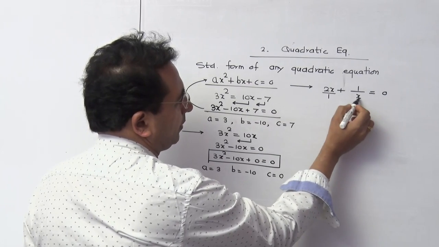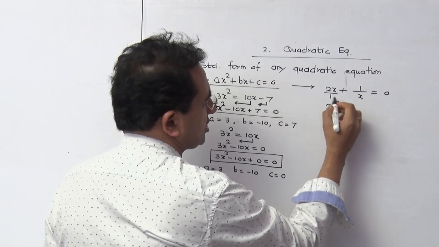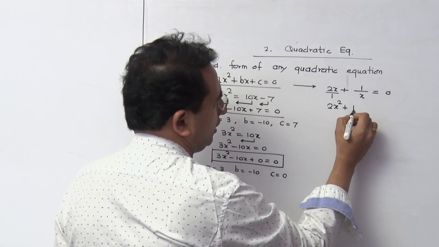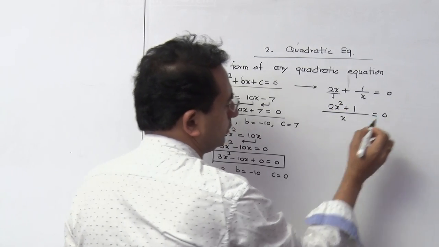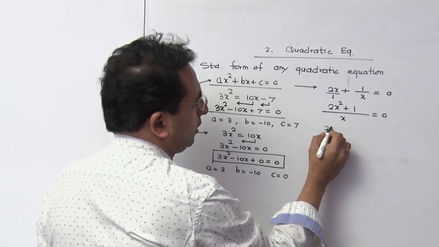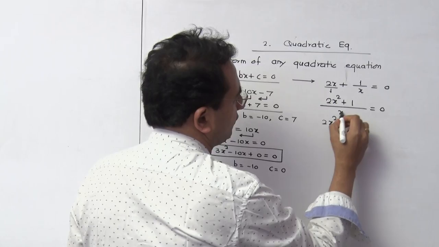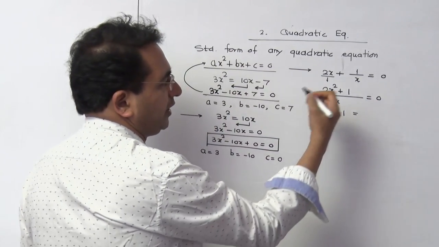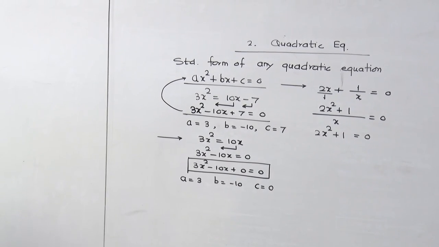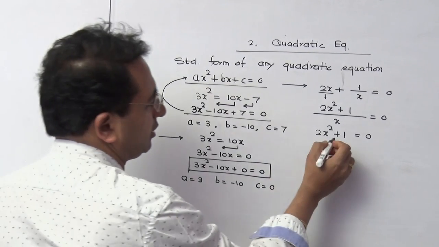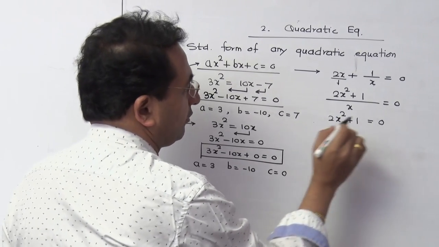So when you cross multiply, it is going to become 2x square plus this is 1 multiplied by this one upon the product of these two, that is equal to 0. So equation becomes 2x square plus 1 is equal to x. If you transfer here, then it is 0 multiplied by x, so answer is 0 only. Now what is the problem? You are having a missing term here, that is x term is not there. This is not the standard form.